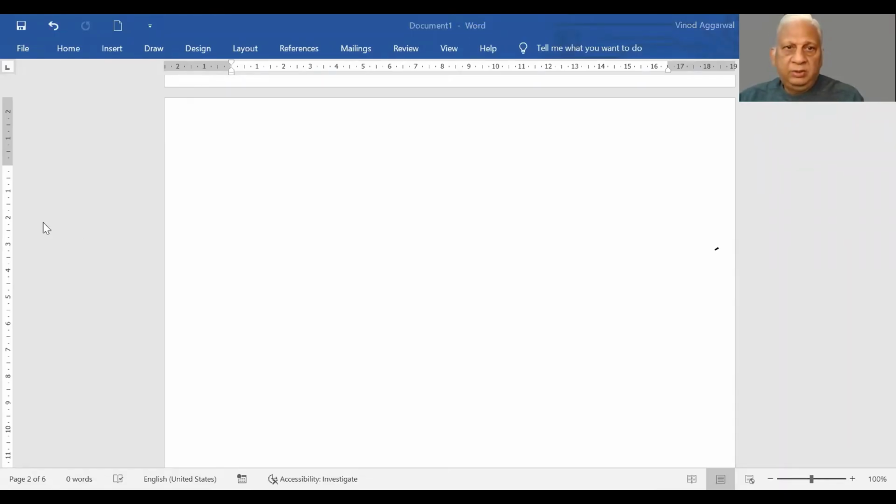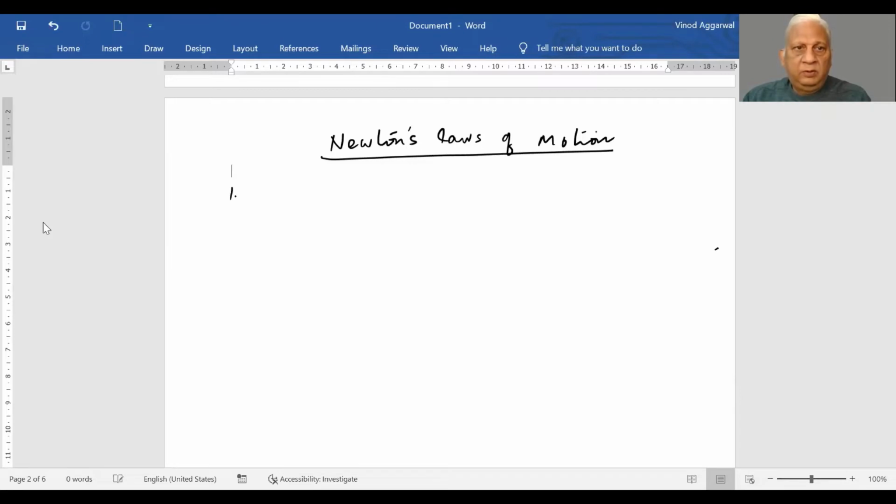Today's topic is Newton's laws of motion. There are three laws. The first law is,